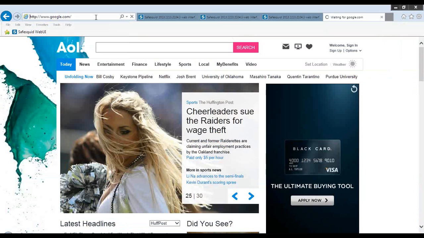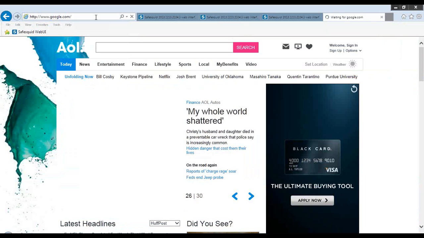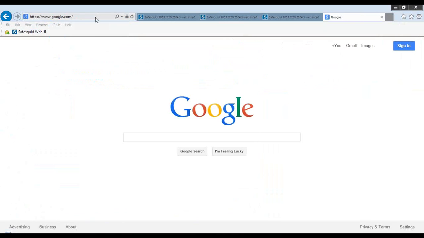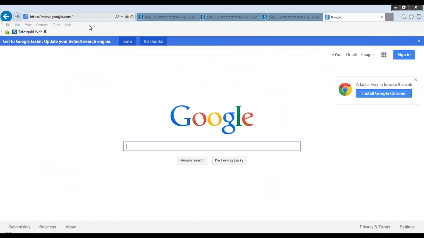Google Safe Search. Now, once upon a time, Google Search was basically just HTTP. Recently, last year or a year before that, I believe, Google Search turned entirely HTTPS. So all my searches are now HTTPS. So without HTTPS scanning, you cannot ensure the Google Safe Search features of SafeSquid.